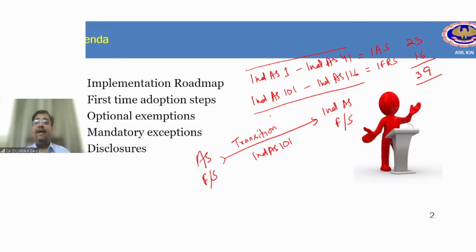So this standard provides some rules, some regulation, some assumptions, some relaxation, so that an entity can transit from accounting standard to Ind AS. Why was this standard important? This standard was very important because